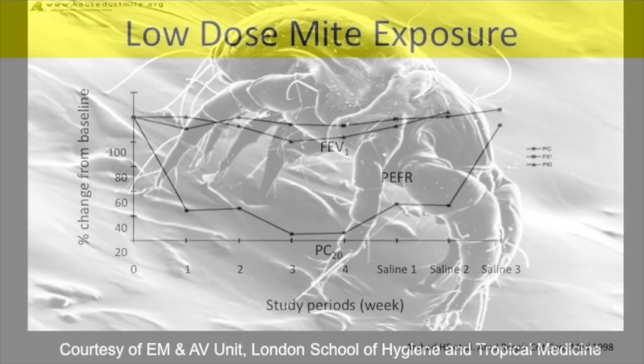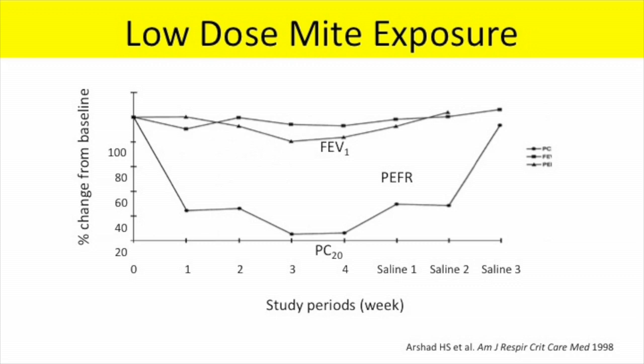Now, house dust mite's a bit of an odd beast, really, because you never meet patients who say, I'm allergic to the house dust mite, doctor. The house dust mite makes my asthma worse. They'll come and say the cat makes me worse or the dog makes me worse, because that's obvious. They go into a house with a cat or a friend's house with a cat and they get worse. But mite allergen is different.